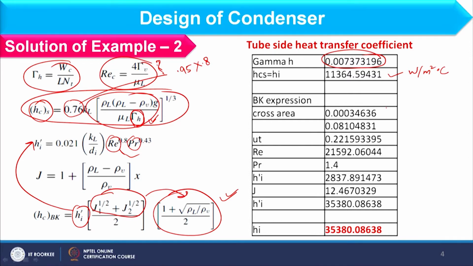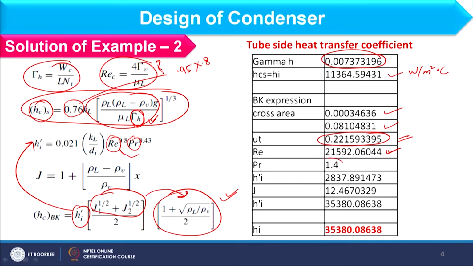Right. So, for that you have to find the cross sectional area, as we have done in previous examples also. Velocity you can find like this. Now, this velocity you should not compare with any range, because this is for the condensate, and whatever flow is given, accordingly you have to find the velocity, and the Reynolds number you can simply find as